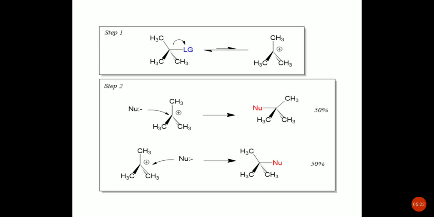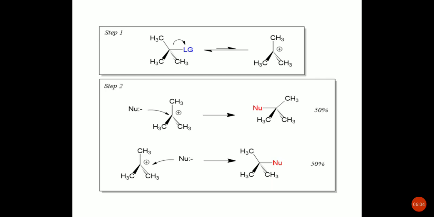So you can see the first product in step 2, where the nucleophile is attached on the left side of the product, and in the second product the nucleophile is attached on the right side. So there are two possibilities, 50% of the first product and 50% of the second product. The carbocation is planar, so the nucleophile can attack from either side of the carbocation intermediate. So you get two products in equal concentration. That is the mechanism of this SN1 reaction.